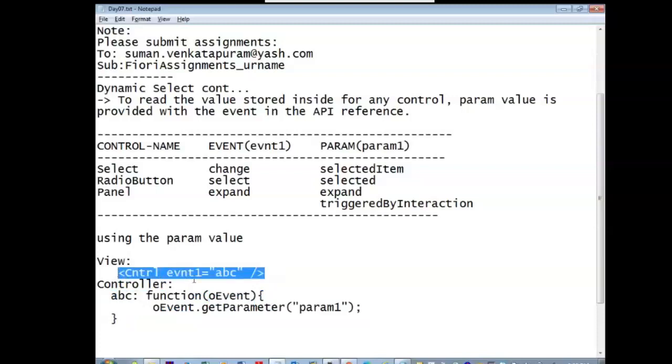If it is a select control, it stores the value in the selectedItem. If it is a radio button, it stores whether it is selected, true or false, because it returns a Boolean value. It stores the value in selected. All these things we'll try to see. I'll place the debugger and we'll see in the browser's console.